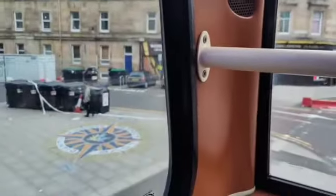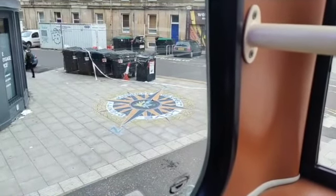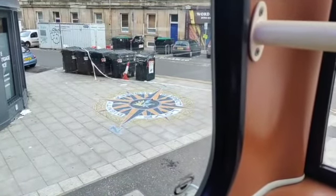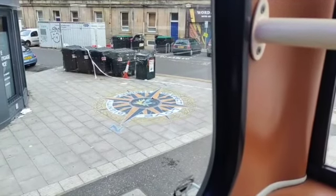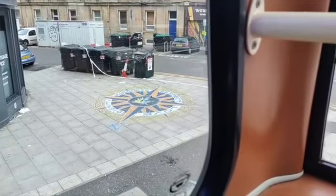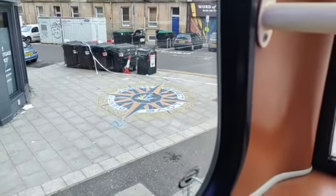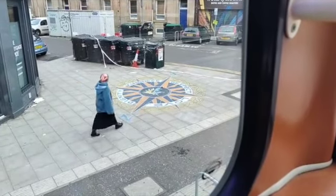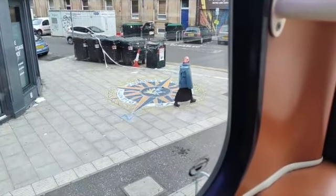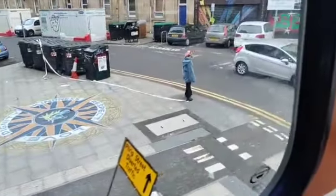Here we have a lovely piece of street art featuring the unicorn, which you may or may not know is Scotland's national animal. I saw the guy painting this when I was walking down. He's a Canadian artist. I forget his name, but he moved to Leith, and he's a musician and he fell in love with Leith. He did this as a dedication to the people of Leith, with love, dignity, kindness and respect. All things we should aspire to here in Leith,